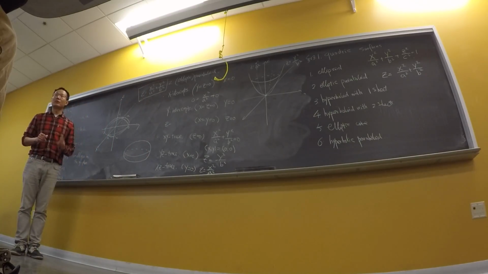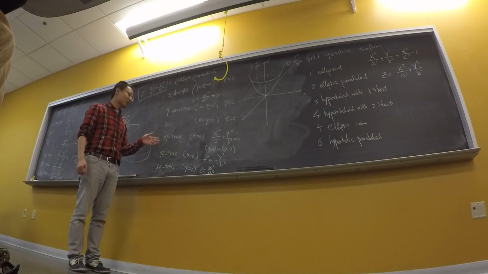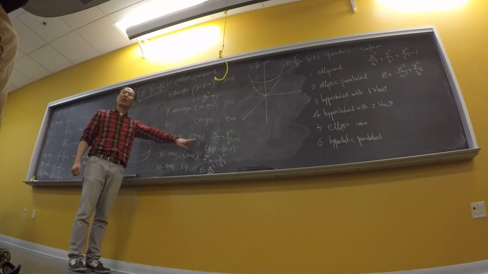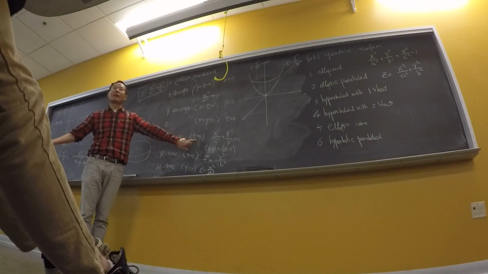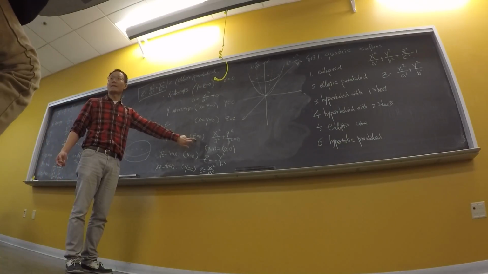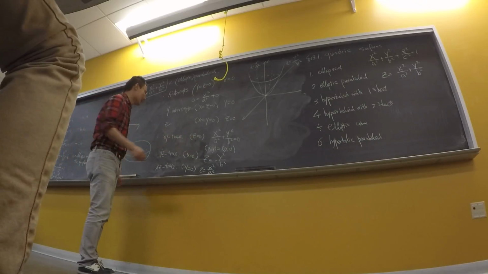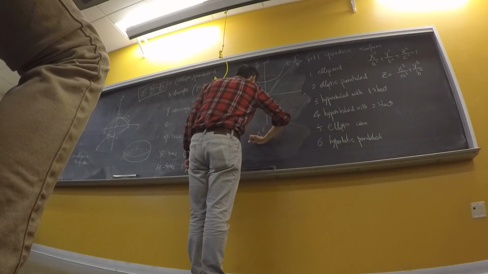Okay, so I have two remarks to make. First remark is about these traces, especially about the xy trace. The xy trace is the equation when you set z equals 0. I can in fact set z to be different values. For instance, I can set z equals 1. This is going to be the equation x squared over a squared plus